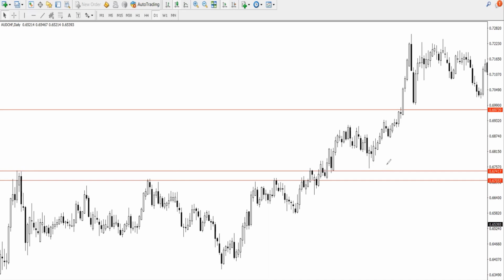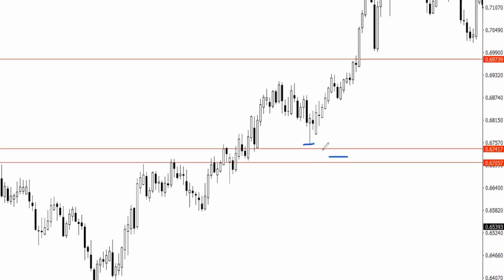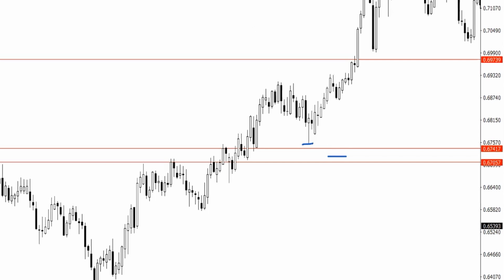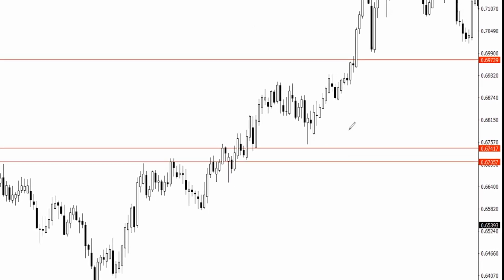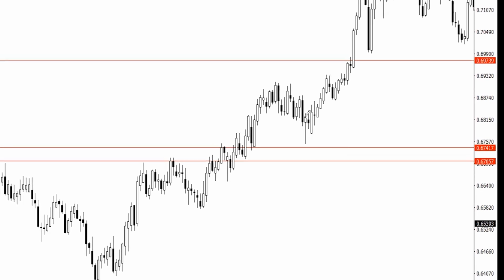That's fine because they are areas only. Sometimes you'll find a pin bar will hit directly at an area. Sometimes you'll find it will overshoot the mark. Sometimes you find it won't make the mark. As long as it comes to around the area of your support and resistance, then it's a valid price action signal at a valid area. So here we have another